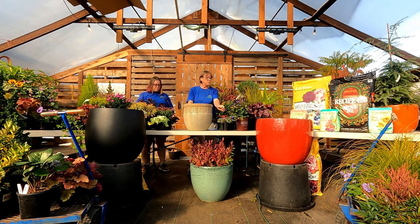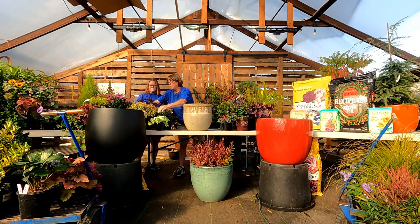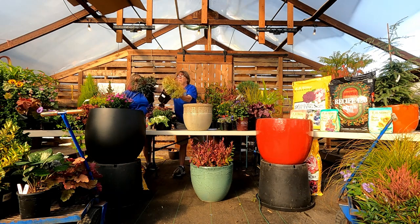And then fillers are things that will just fill in the middle. And sometimes we kind of fudge on that. Like, I will use a hypericum for a filler, but eventually it's going to be a thriller. So that's when I take that out of the pot and put something else in. Other fillers would be, again, euphorbias are great as fillers, but some of them do get tall. So eventually those are going to be...